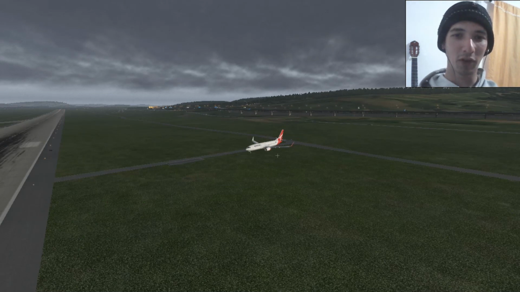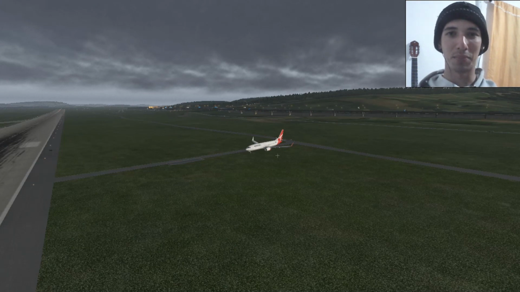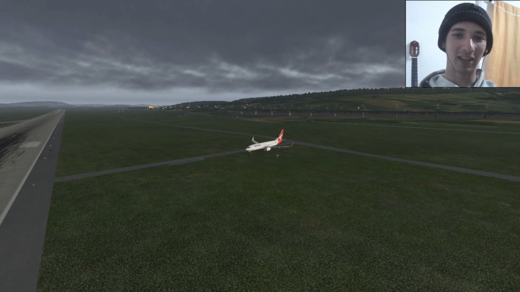And because I forgot the altitude and the glide slope signal, I didn't pay attention to it on the screen. I missed my approach. I tried to force it, then I ended up drifting off the